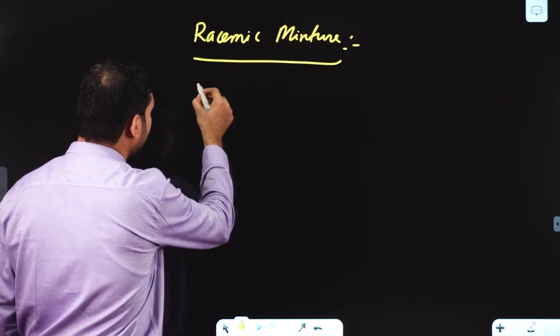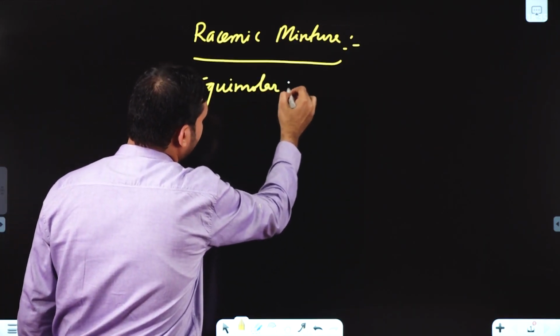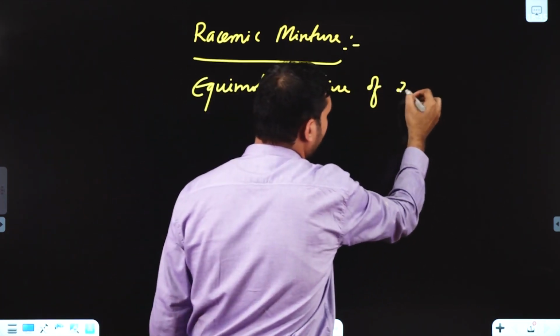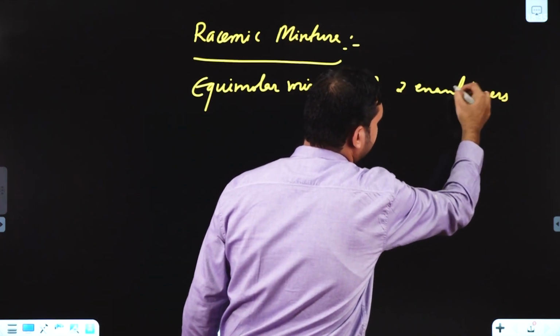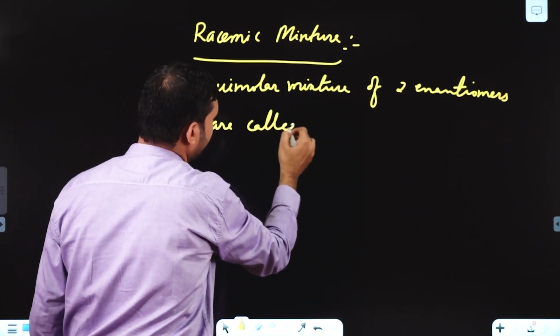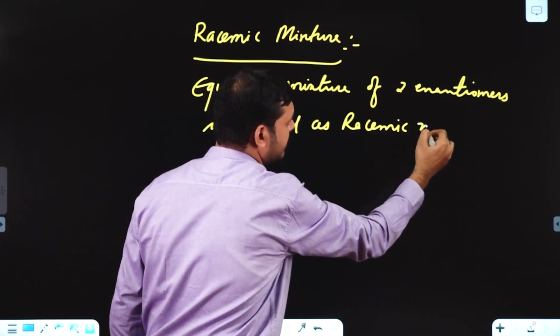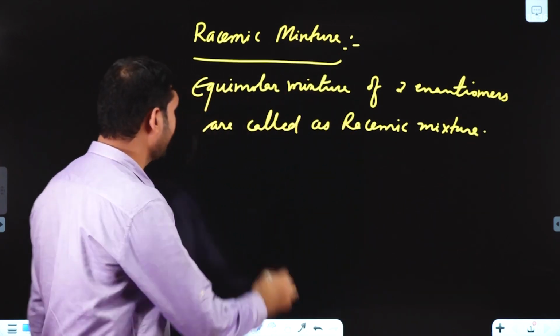So if I say racemic mixture, it is an equimolar mixture of two enantiomers, called as racemic mixture. Clear? Means